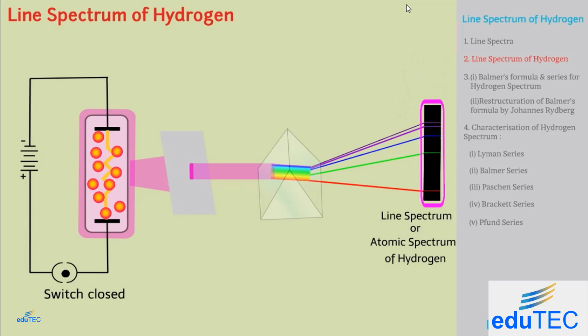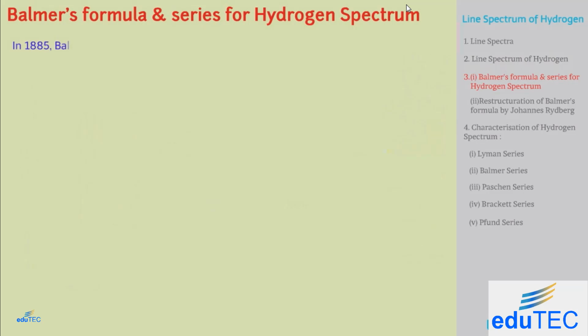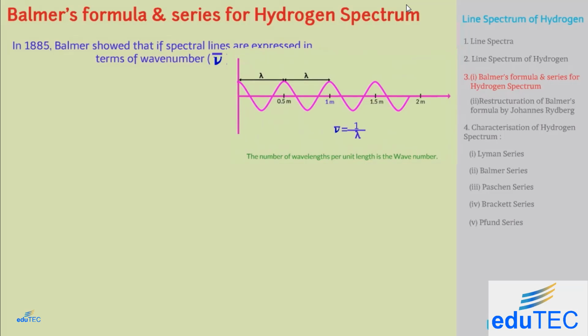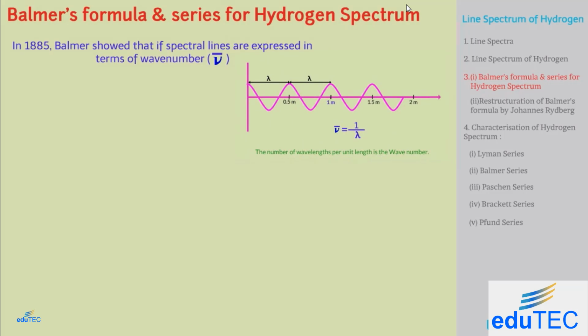The spectrum consists of a number of sharp lines, each of which corresponds to a particular frequency of light emitted by hydrogen atoms. In 1885, Balmer showed that if spectral lines are expressed in terms of wave number nu bar, that is, the number of wavelengths per unit length,